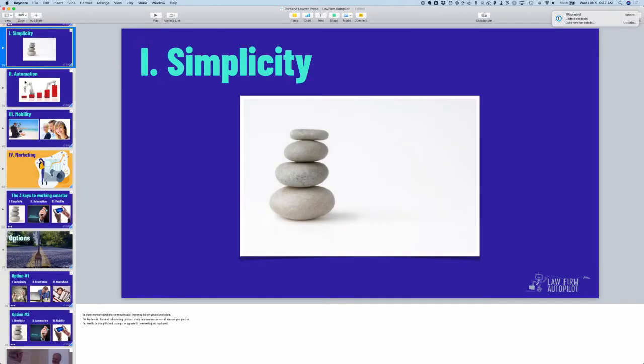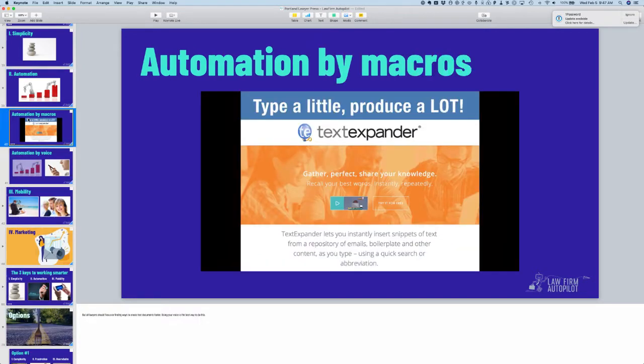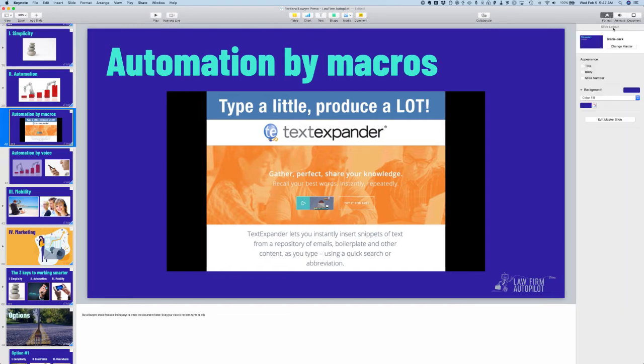Then in automation, I'll talk about automating by macros. I have a little video here that's about 3 minutes that I can either plug in and let my narration take over, so that I can now stop talking and take a drink of water. Or if they don't have the sound, or the sound doesn't work, I can just run the video, and I can even show you what this looks like. I can run the video, and so let me click on the movie. So if I run the movie and I say start the movie,